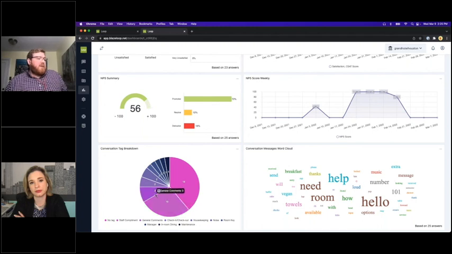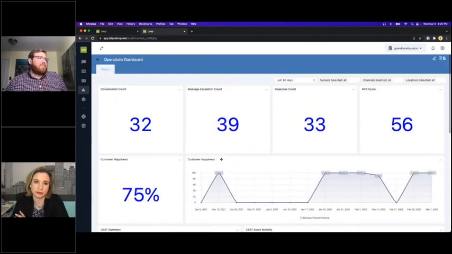And then you can see there's other options in terms of check-in, check-out, housekeeping, noise, room keys, things like that. So there are different tags that you can actually set up and automate based on key trigger words that will just help organize the conversational data for you. So this is just a very simple operations dashboard that maybe a manager would look at versus somebody on the front lines. And I think it's a great visualization and a great tool that you can use to set up and just use to help run your business and make sure that you're acknowledging any gaps that might be coming up. So that's in a nutshell what a